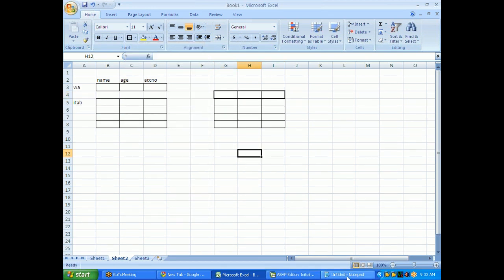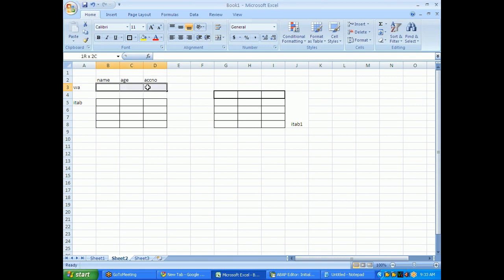So what I can say is, the name of the total is ITAB1. The first line is the work area, and the remaining lines are the body. Earlier, the internal table body was ITAB and the work area name was WA. But here the whole thing is called ITAB1.